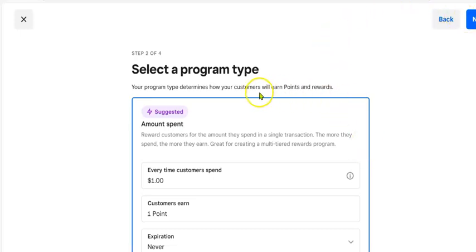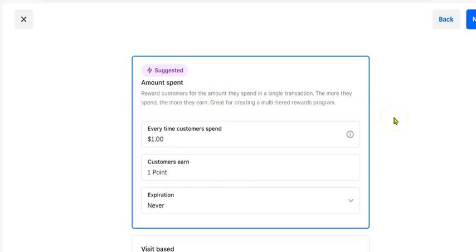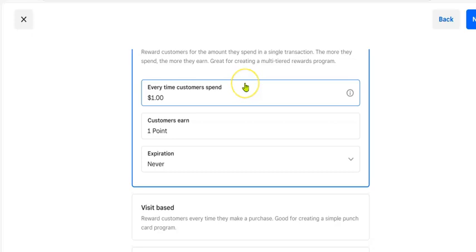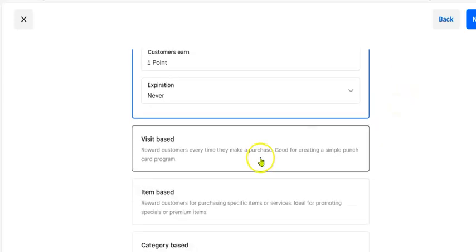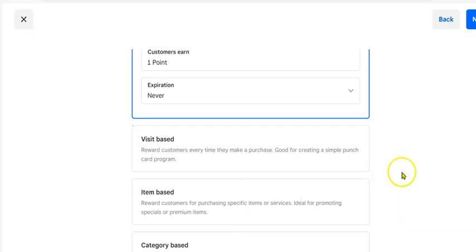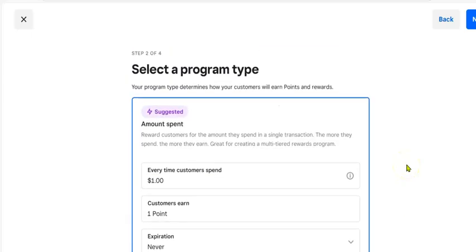All right, now it's asking us to select a program type. They suggest based on the amount spent. They're suggesting they put in here every time the customer spends $1, they would earn a point. It could also be visit based or item based or category based, but to keep it simple, we're going to keep it